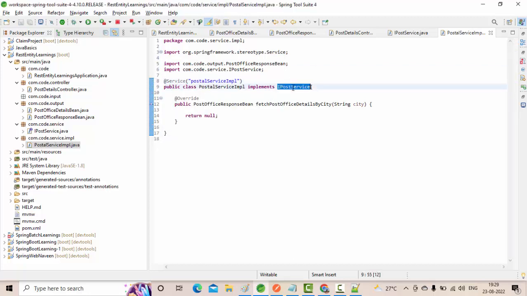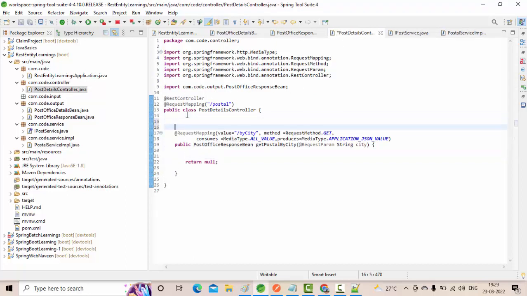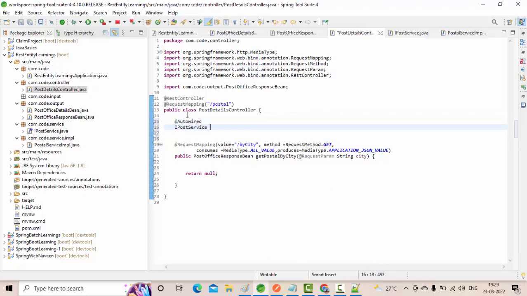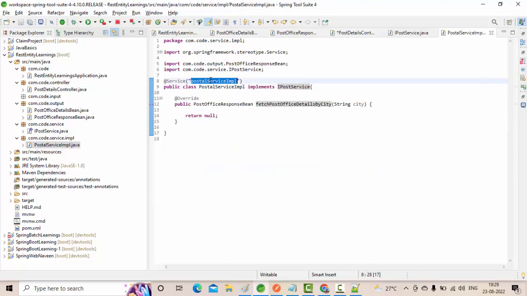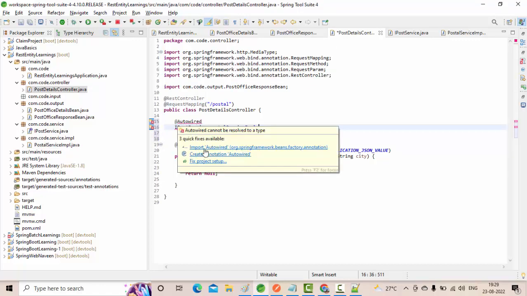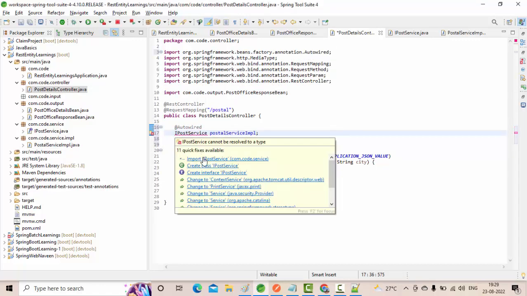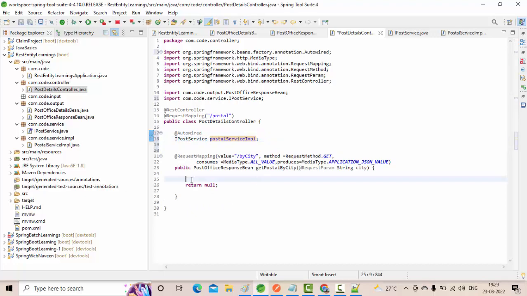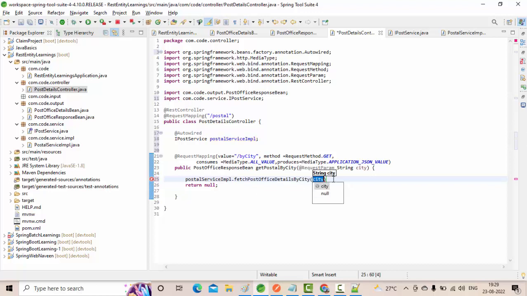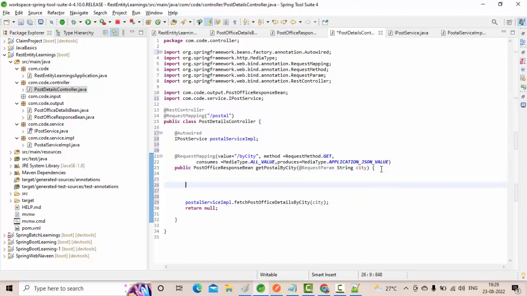Now let me autowire this in my controller guys. Activate autowire as this name. Now import Autowired, import IPostalService, and this part is going to fetch the city based on the city, right? Now what I have is PostalResponseBean,